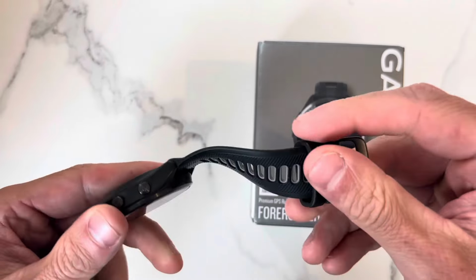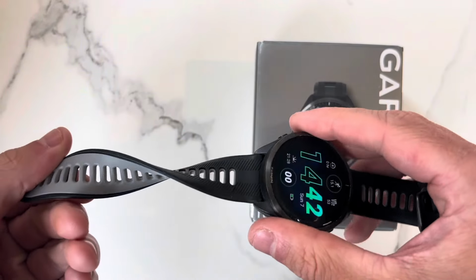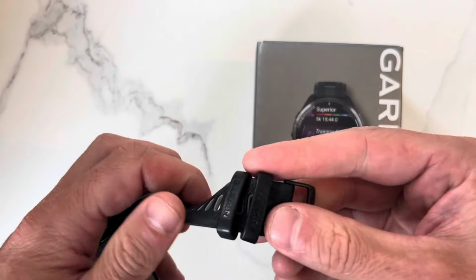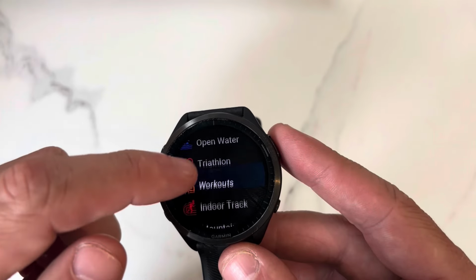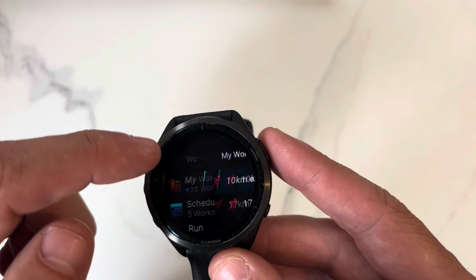Out of the box, it comes with a really nice silicone strap, just like most fitness watches. They're all very similar. The strap is very nice. The buttons on this Garmin are much the same as other Garmins that you might expect. This one does come with a touchscreen, which is really awesome. But to be honest, most of the time I'm using the buttons. I just find them a bit more responsive, a bit easier to use,